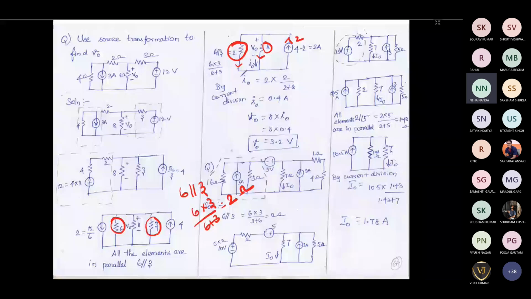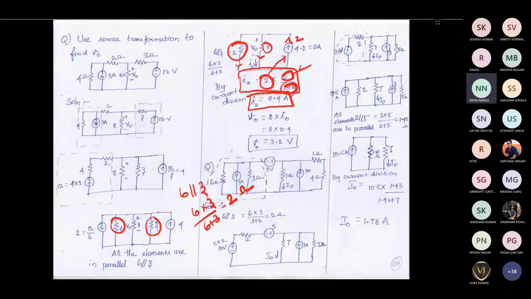We are applying the current division formula in order to find the current. So this is 2 ampere based on this. Then this is the opposite resistance, because we need to find the current through this resistance, so you have to write the opposite resistance divided by the sum of the resistances. Okay, so the overall value is coming as I naught is equal to 0.4 ampere.